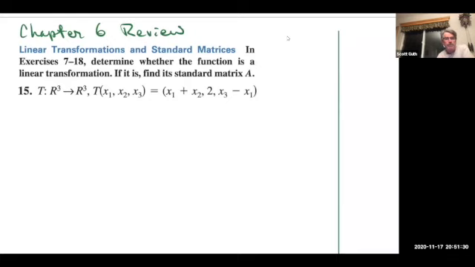Okay, so now I'm on the chapter 6 problems. This first one just asks you, basically you're expressing this linear transformation in matrix notation. So I like to write it this way. And if you're just careful, you can just see the matrix. So there's an x1 plus an x2 in the first coordinate. Second coordinate is just